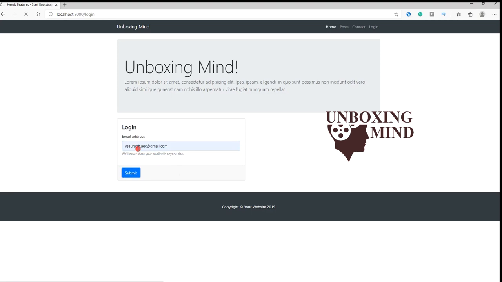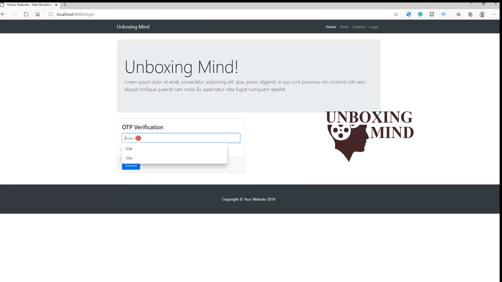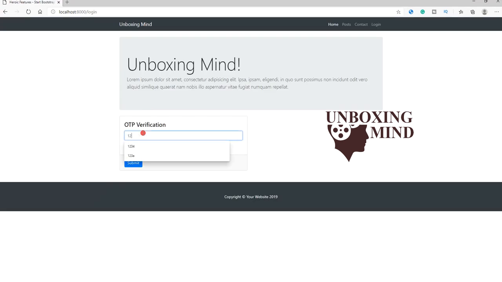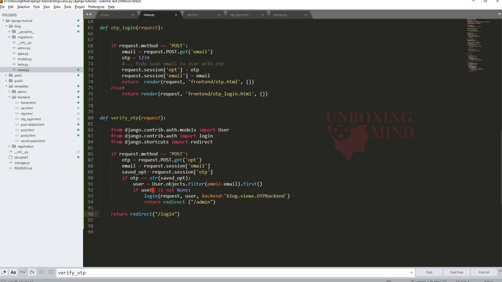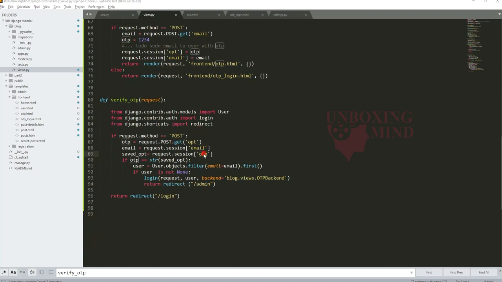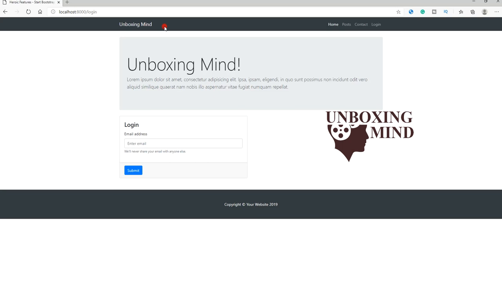Now I need to wait a moment to restart the server, and now if I enter the email address, it should ask for the OTP. It means the verify OTP function is not working properly. So let's debug. There is one typo error, OTP.